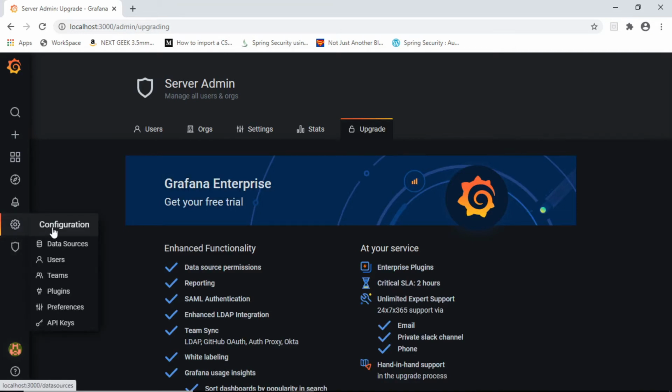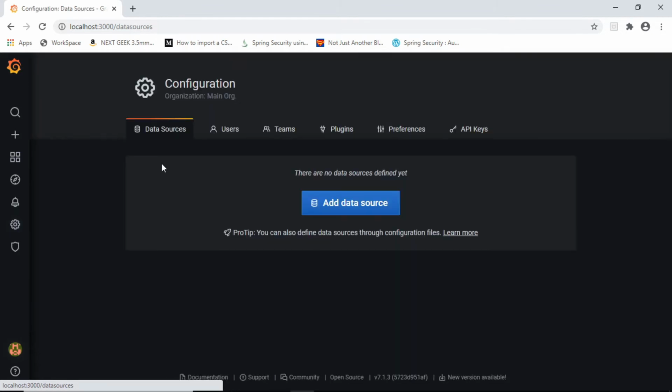Followed by that, there is some configuration that you can do, and this is a configuration which will generally be used for the users. So the previous window is for administration rights and all that stuff, and this is the utility which is used from the user's perspective in Grafana. If I click on configuration, you will see data sources, users, teams, plugins, preferences, and API keys. The data sources is where I connect to my database. Right now, I don't have any data source connected. So in my next session, when I talk about data source connectivity, you will see how to add the data source and how it will be displayed in this panel.